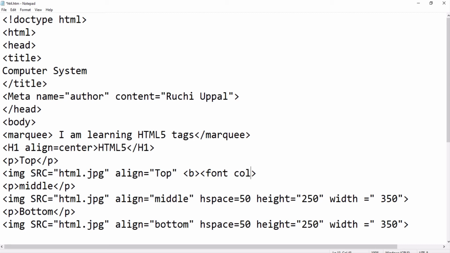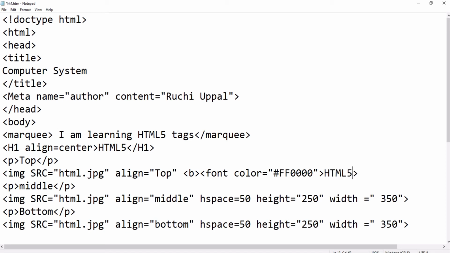Suppose I am using font color, any color that you want to use. I told you earlier also we have hexadecimal codes for them. So hash F, 3, and four times 0. Clear? And the text that I wanted, HTML5.